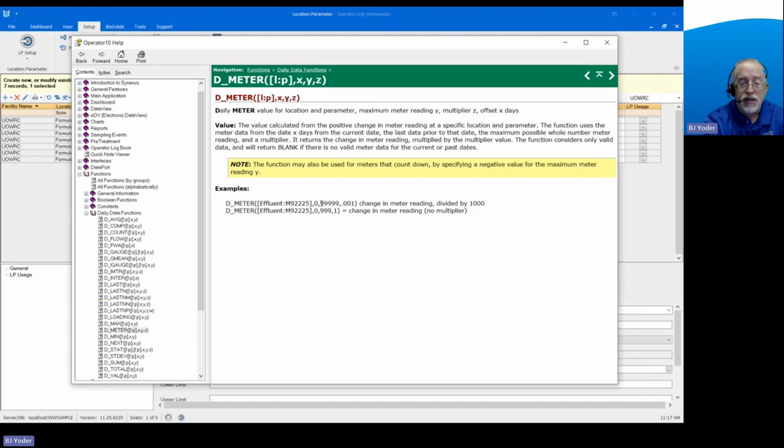Another thing it allows is for you to put in a maximum meter reading. By putting in a maximum meter reading, you do not have to worry about when that totalizer goes back to 0. You don't have to worry about putting an extra number in there so that the values are correct. So if I put a max meter reading in, and today's value was 5 and yesterday's value was 99,850, if you subtract 99,850 from 5, you're going to get